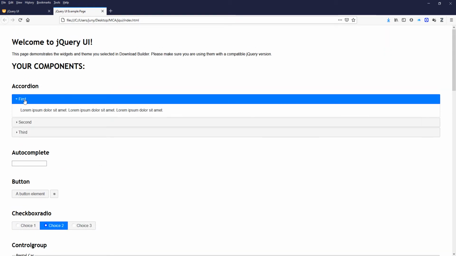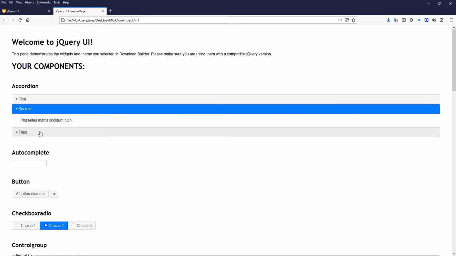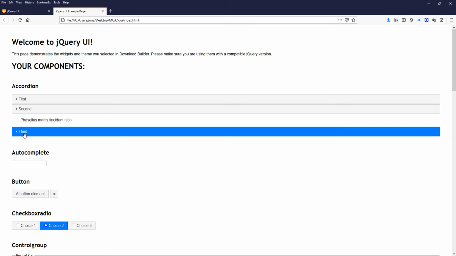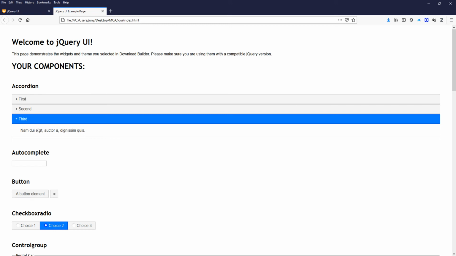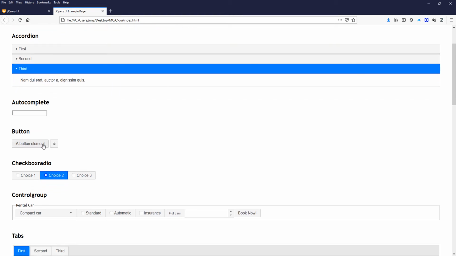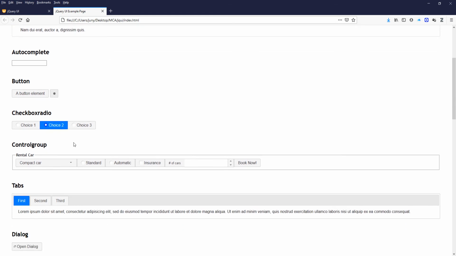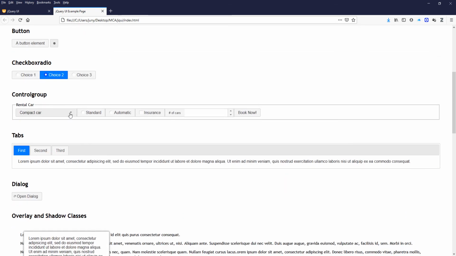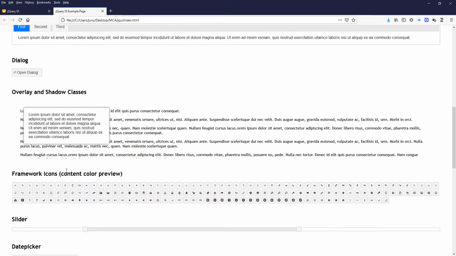It has everything like an accordion. Accordion shows the text in some kind of tabbed things, and then no text comes in, and those collapse, and this opens up to show all the text. Autocomplete, wherein the things get completed on their own. We got the button. Then there is some kind of a setting. There are checkboxes, control groups. These are the control groups what we want to have, and there are lots and lots of options: tabs, dialogues,